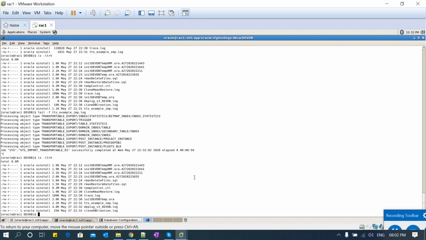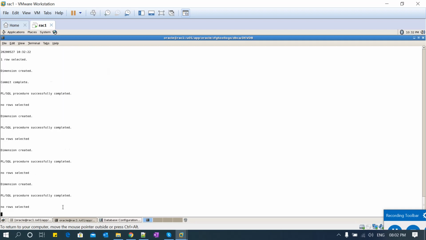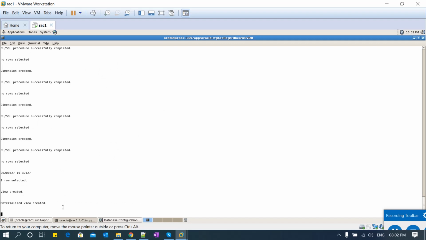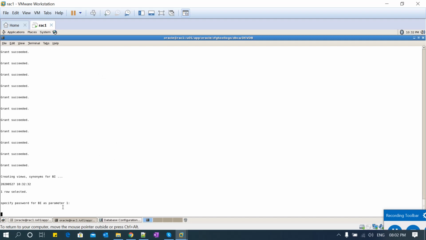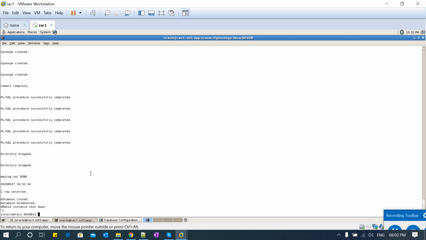This example schema is completed, and then clone DB is in progress now. There are a couple of files. Clone DB creating. Okay, you can see all these log files updating. Views, multiplied views, grants. It will do a lot of things internally. So you have to go through all these log files once the database installation is done, so that you will understand what exactly the database creation does internally. Now see, database is closed, which means database creation is done and it is shut down, and then it will restart again.